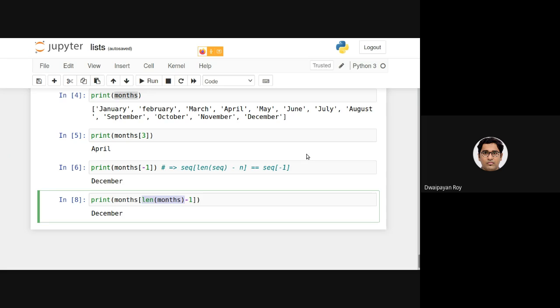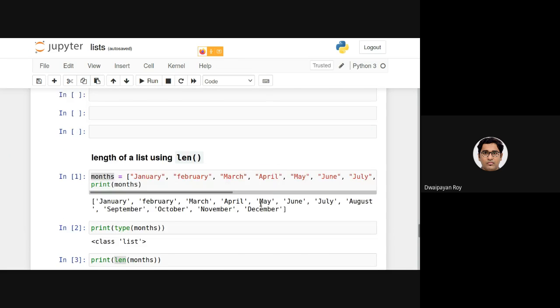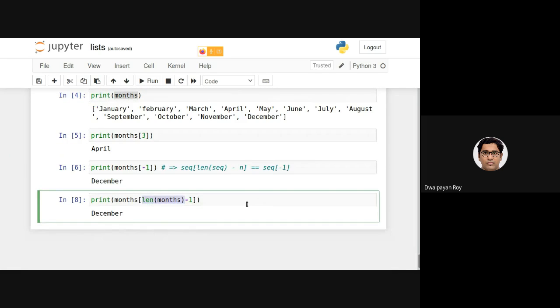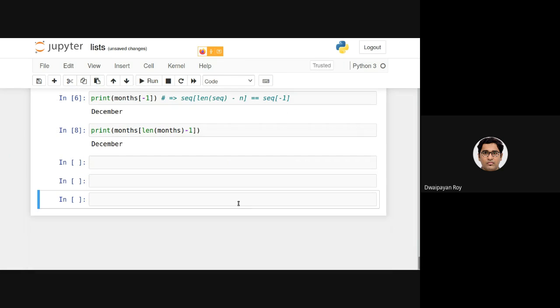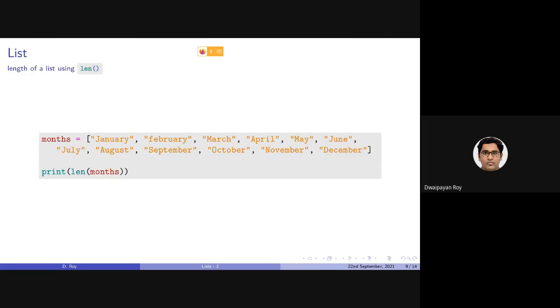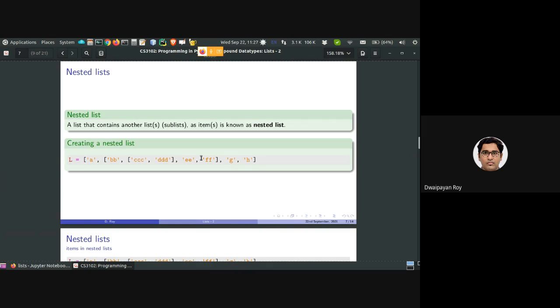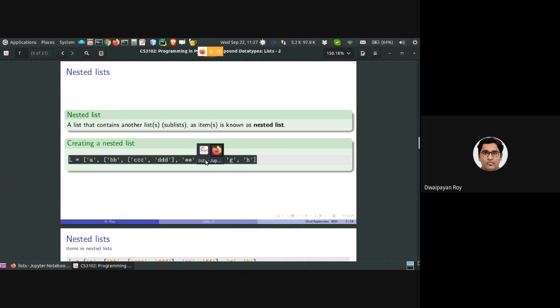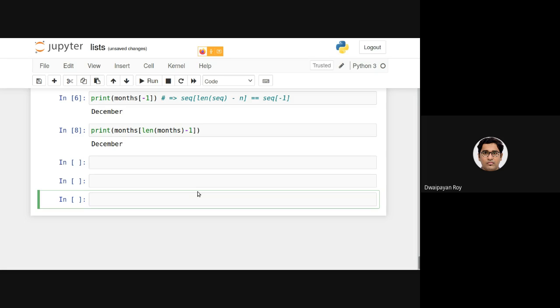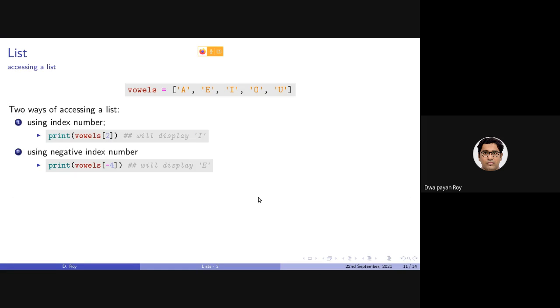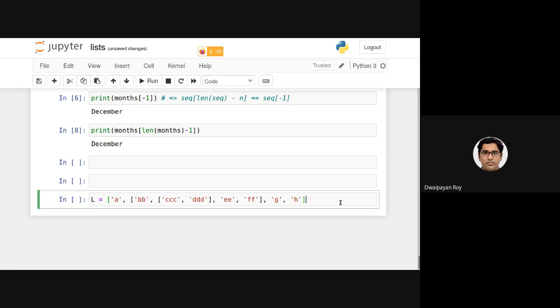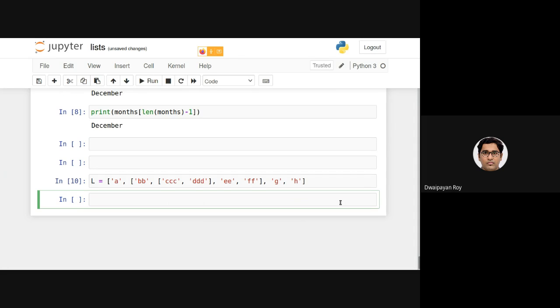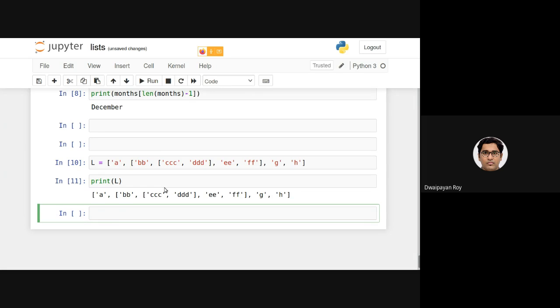So if I have a nested list, let's declare one nested list here. For the time being, let's copy this. Okay. So here, if I print L, as you can see, it is printing the list, right?